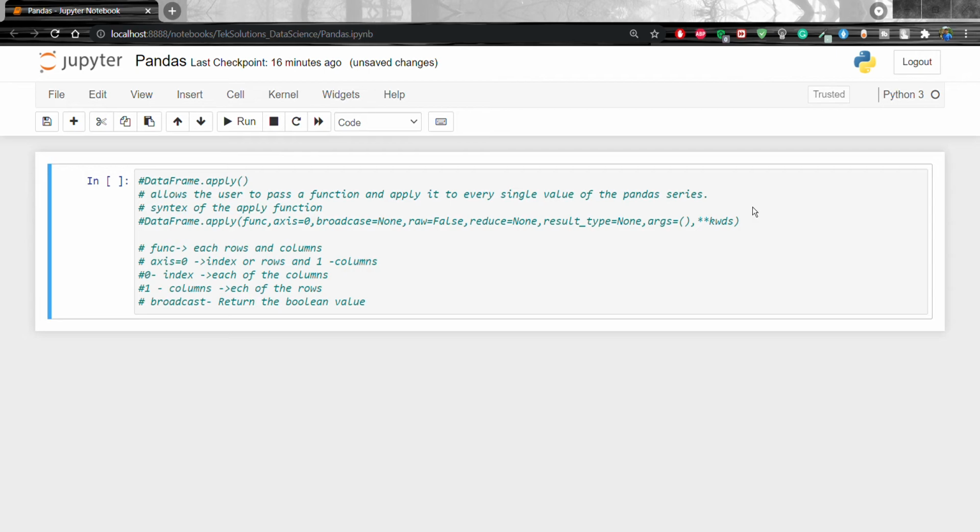If the DataFrame is empty, apply will use reduce to determine whether the result should be a Series or a DataFrame.